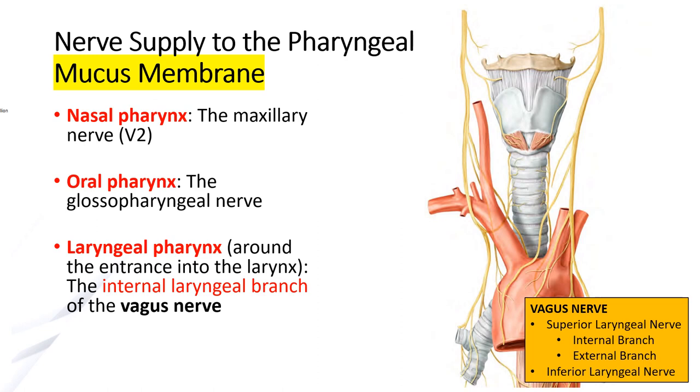It's called the recurrent laryngeal nerve because instead of going directly to where it's supposed to innervate, it loops around several structures. For the right side, it's the subclavian artery here, and for the left side, it's the arch of the aorta. Now going back, the superior laryngeal nerve has two branches, the internal branch and the external branch. Note that the internal branch is sensory, while the external branch is motor to the cricothyroid muscle. The internal branch of the superior laryngeal nerve pierces the thyrohyoid membrane.